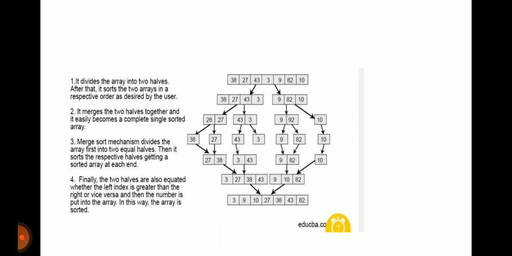Merge sort divides the array first into two equal halves, then it sorts the respective halves, getting a sorted array at each end. Finally, the two halves are compared, whether the left element is greater than the right or vice versa, and then the number is put into the array. In this way, the array is sorted. This is the mechanism or technique of merge sort.